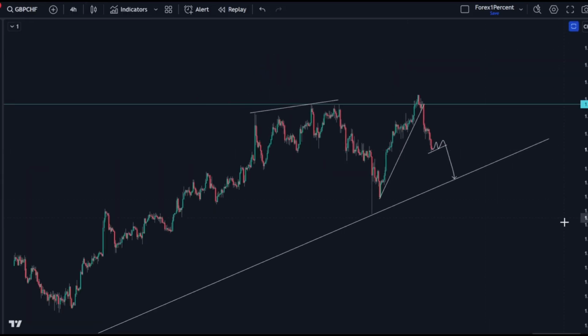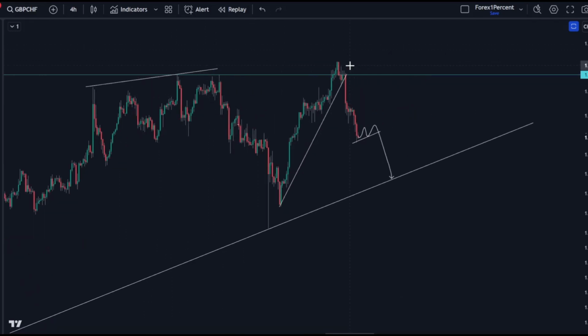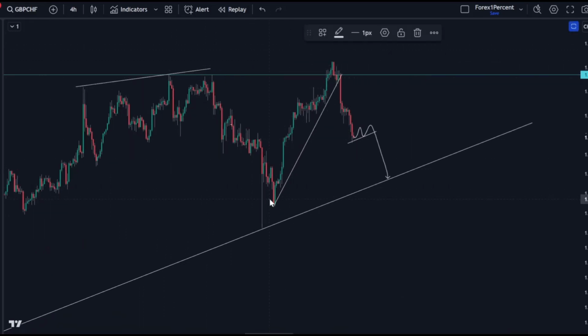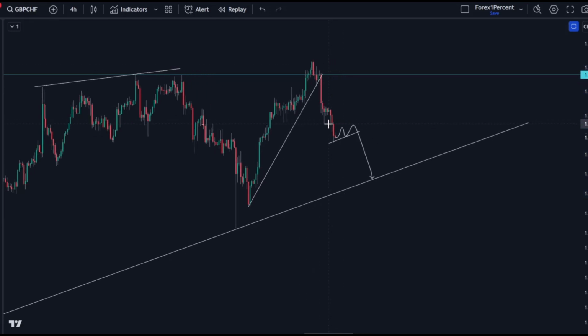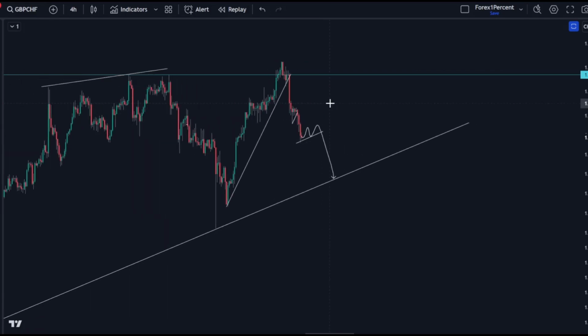And another indication, so when we zoom into the 4 hour time frame, like I said, we have this double top level here, and same thing as the last pair. We had this uptrend, and then we had a break of this trend line. And we had this smaller correction here if we zoomed into the 1 hour. So we had this impulse correction, and all I'm doing here is forecasting another correction to form, because we don't want to be entering